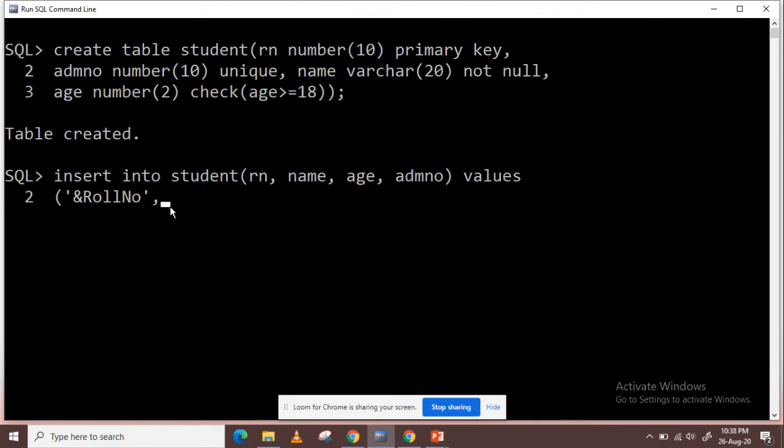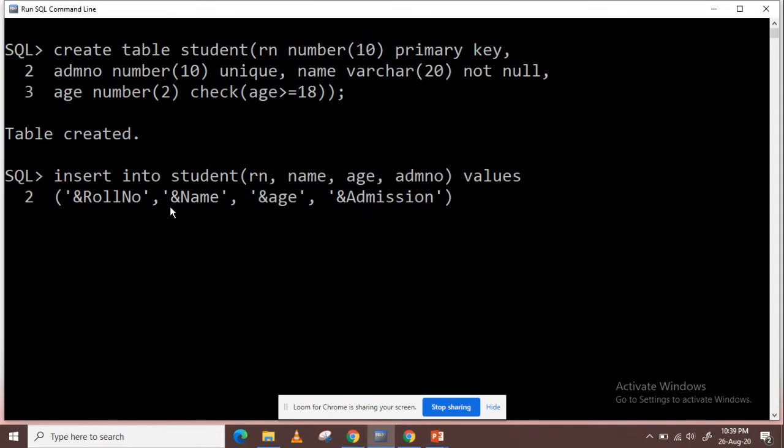Next we have name. Name can also be renamed as name. Next we have age. And last column is admission number, admission. Okay.